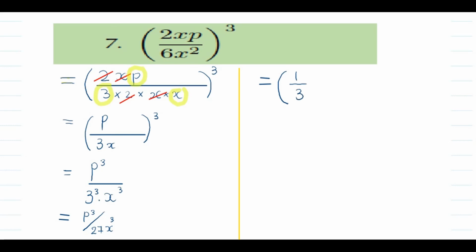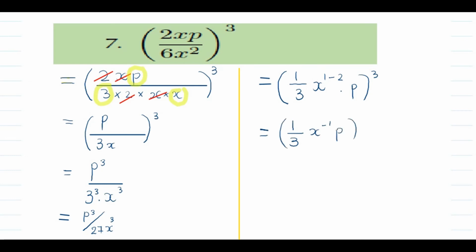We've got the same bases, right? The x and the x there, right? We're going to subtract your exponent, so it's going to be x to the power of 1 minus the x to the power of 2, multiplied by the p, and all of this is raised to the power of 3, right? So I want to deal with what's inside the bracket first, right? And then you're going to have 1 over 3. 1 minus 2 is minus 1, x to the power of minus 1, and p all raised to the power